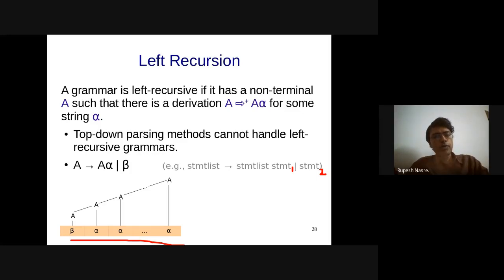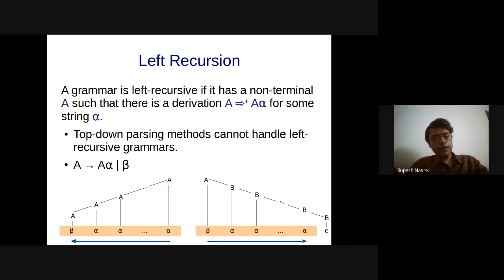If I have to remodel this, if I have to get rid of the left recursion, one of the ways in which I can think about it is essentially looking at it in a different way, where I say that A derives beta followed by B, and then B internally pumps in more and more alphas.